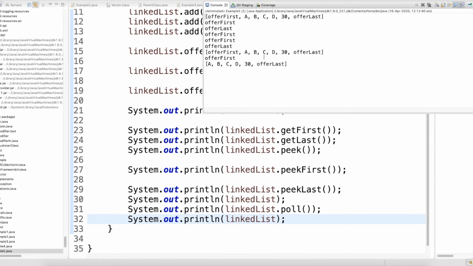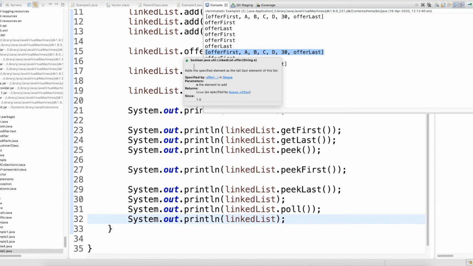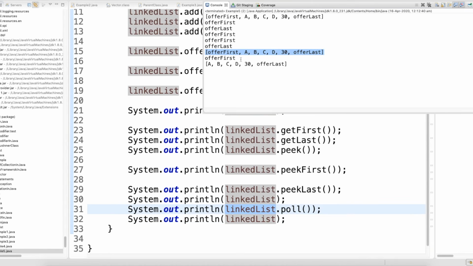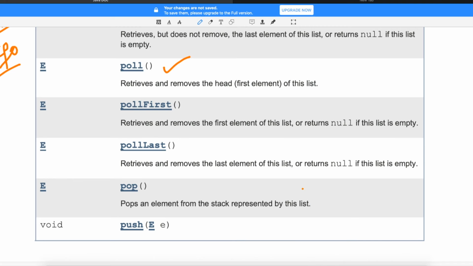See, before that when I print, this was my list, then in the print I am calling linked list dot poll. So it polled the first object, offer first, and then it removed also. So you can see that now the data is not there in the list, right?